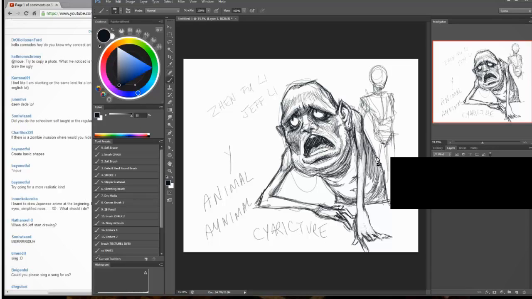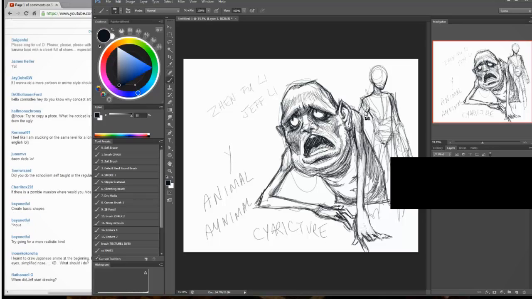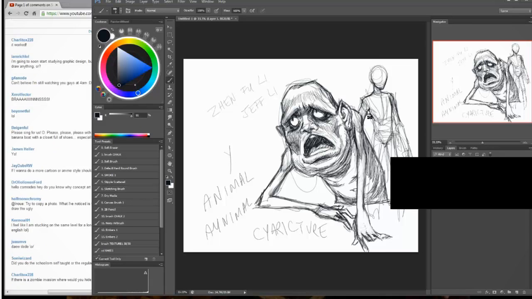The thing you should be aware of with copying is that there's a lot of hullabaloo about tracing and stuff like that. If you're going to copy or trace another artist, don't do it to make a work and then put it out there and say I did this. When you trace or copy another person, you're learning the language. So you can't just mindlessly do it. You have to analyze it, see why they did this and why they did that. Oh, they interpreted the muscle this way and it's flexed this way. Learn why.